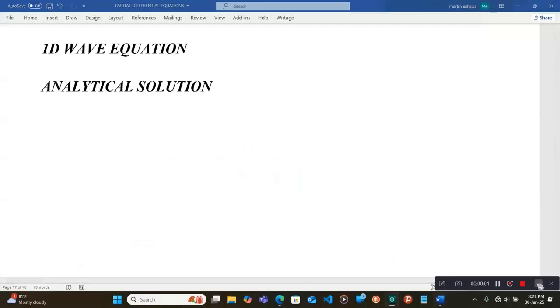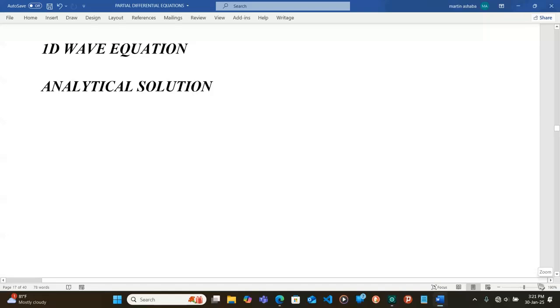Hello, my friends. We are going to be looking at the one-dimensional wave equation, and we are still looking at a series of partial differential equations, applications to engineering, and that is engineering mathematics. So now what we are going to do is an analytical solution. We are going to go step by step until we come up with a general solution for the one-dimensional